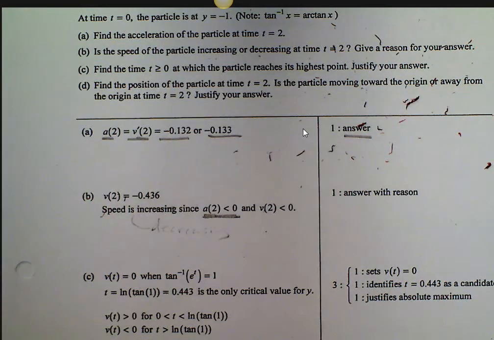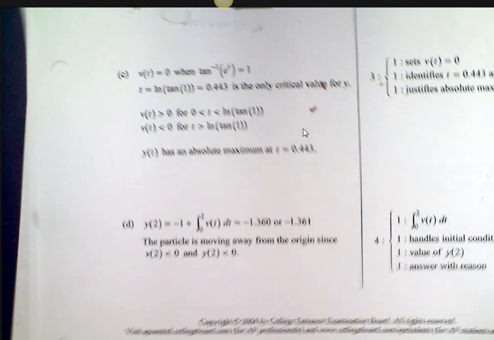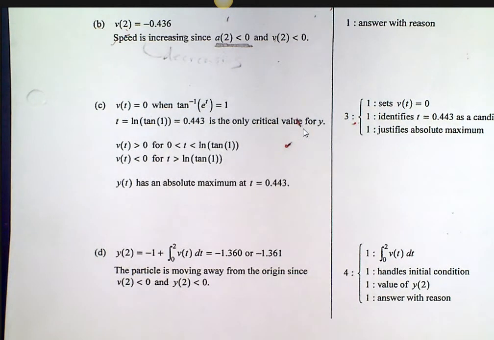All right, last one. Or last two, sorry. Find when the particle reaches its highest point. Okay? Well, okay, you got to find out when it equals 0. Okay? So when it equals 0, that would be x equals 1, and you can look at the graph. Did we look at this one? Did we look at the graph for this one? Yes. Yes. Okay. Yeah, 0.443. It was like this.